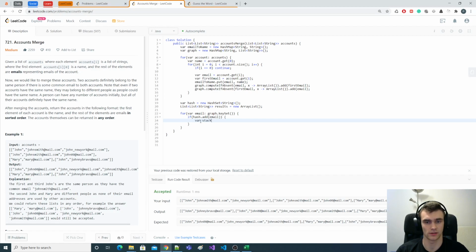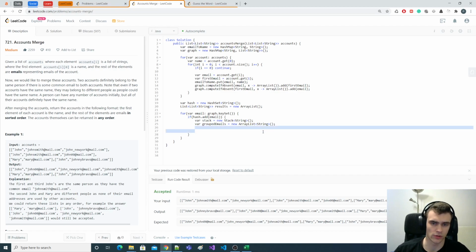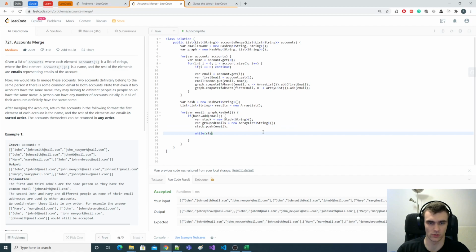Var stack is equal to new stack of string, and we also need to have a collection like grouped emails. Maybe I would say grouped emails is equal to new array list of string, and that would be our one result, so one grouped email section. And now, first of all, we need to add something to this stack, so we need to add the email, and now iterate through all the stack